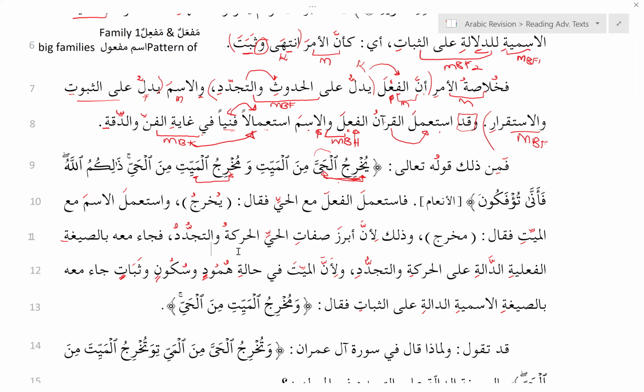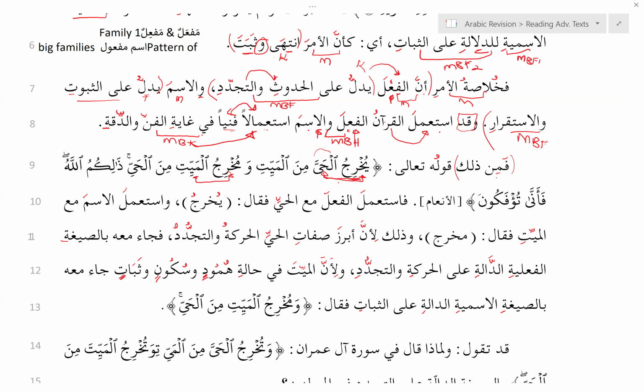Okay. So let's look at the i'rab of this paragraph here. We've come across fa a million times. So here it is isti'nafiyya because it comes at the beginning of the sentence and you can't exactly connect it to what came before. So we can say this is the beginning of a new sentence. So fa isti'nafiyya, min harf jar, therefore ذلك becomes the ism majroor. So together this is our muta'alliq bil something, right? Because it's jar majroor. And then we have qawluhu.